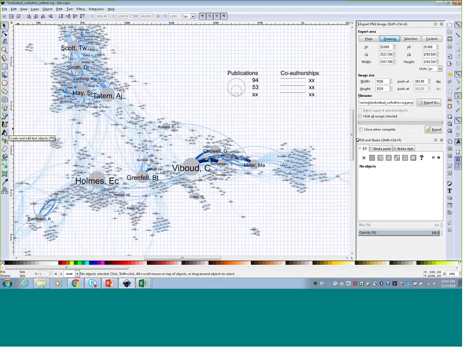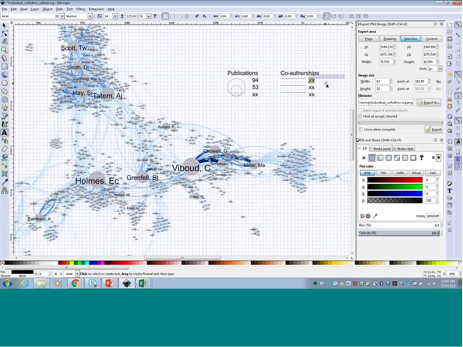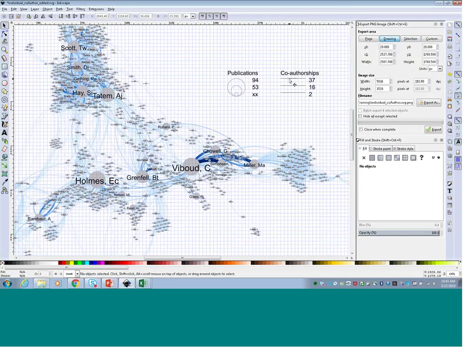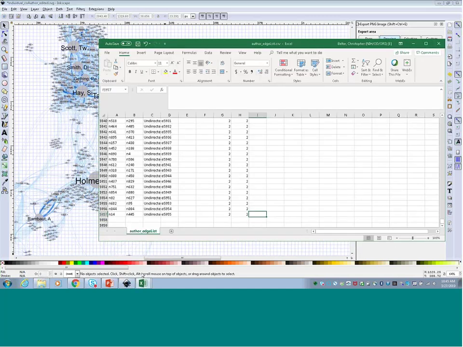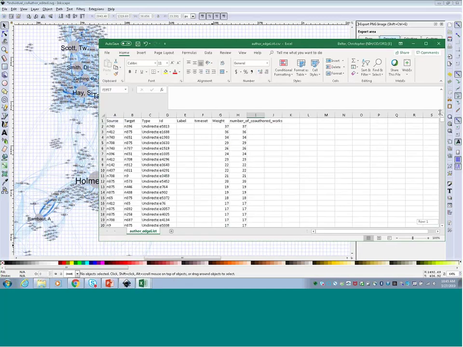So I can go back in, select the text tool, and then change these values. It goes from 37, the smallest value is going to be 2, and then we can just pick a value that's somewhere halfway in between. So maybe we'll call it 16 as the middle value, and we can look up what that is. The largest value is going to be 37. We need to look up who that's between, so we'll go back to our edge list.